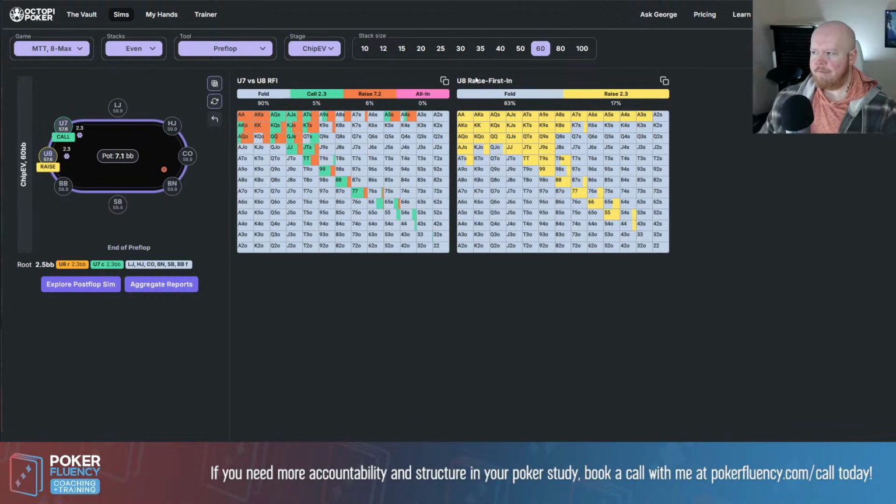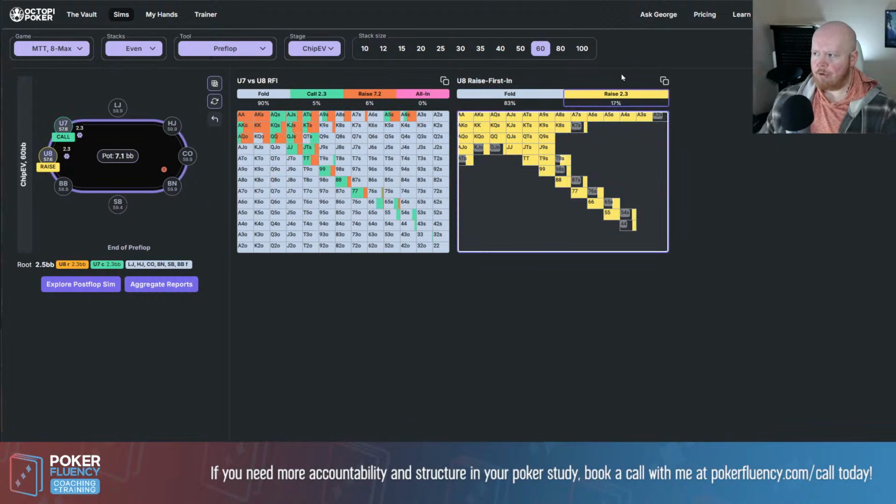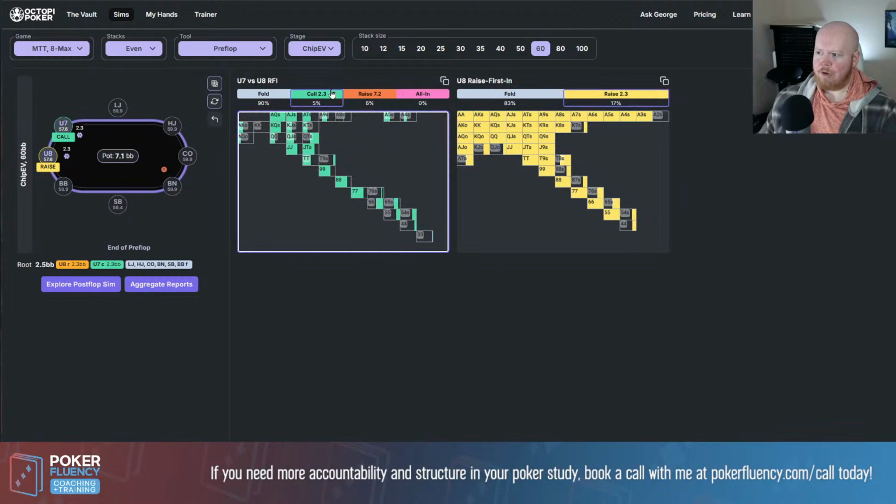We've got the pre-flop raising range for the under the gun 8 player on the right here, and we've got the flatting range for under the gun 7 here on the left. As you can see, obviously the pre-flop raising range is a bit wider than the flatting range. But because the flatting range is pretty robust, not excessively wide here, it's going to interact quite well with a lot of boards. And there's going to be very, very few boards on which this range is actually weak. And that inherently is going to mean that